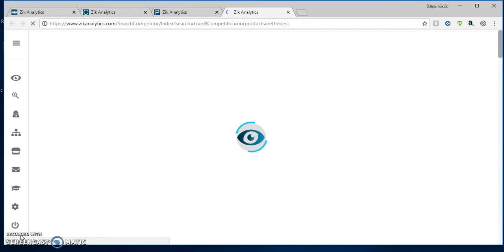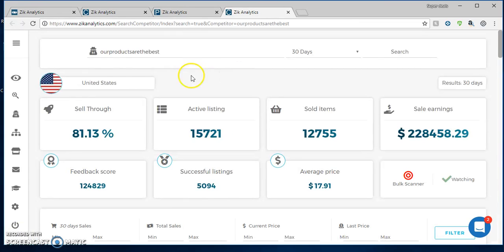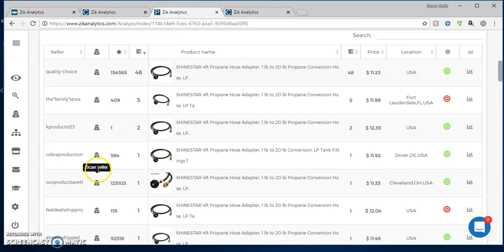So scan seller. Okay, so from product research, we clicked on our product Seraph, and the reason we did that is because of this